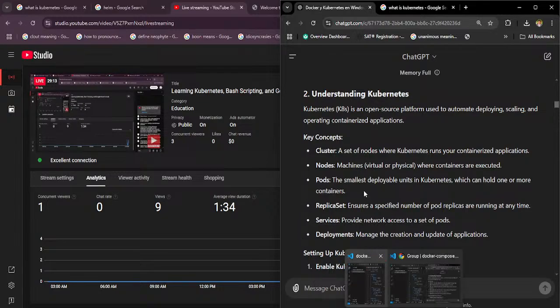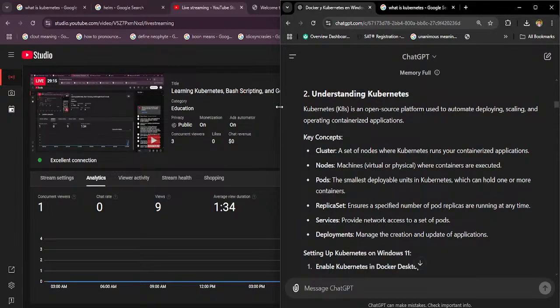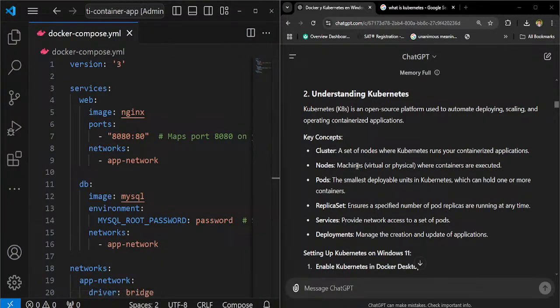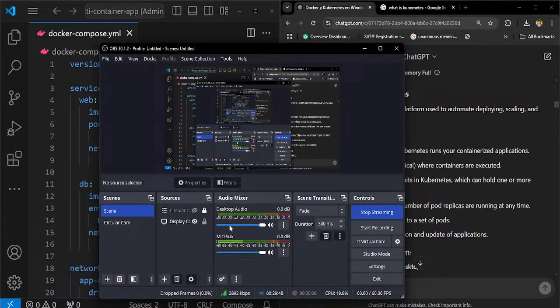So if you go back here, let's talk about understanding what Kubernetes is and how they work. Kubernetes, K8s, is an open source platform used to automate deploying, scaling, and operating containerized applications. So we have a cluster, which is basically a set of nodes where Kubernetes runs your containerized application. And then there's other things, but one thing I would do is I'll just pause this out,